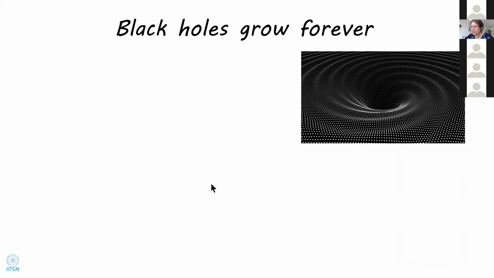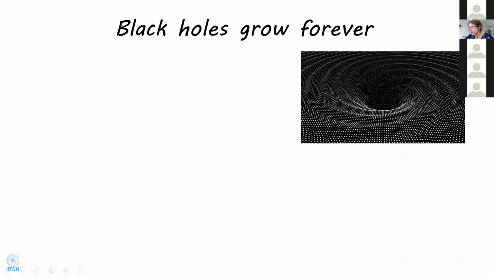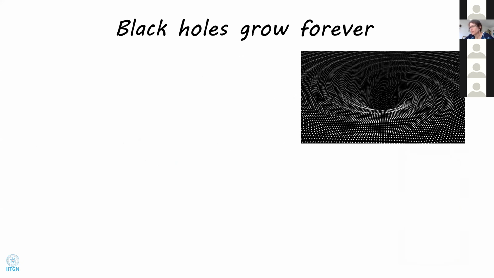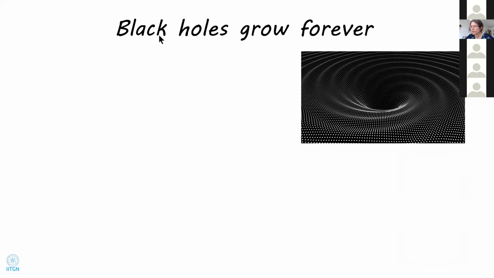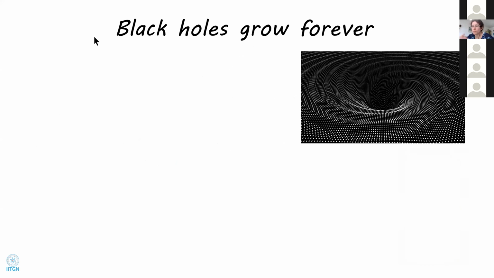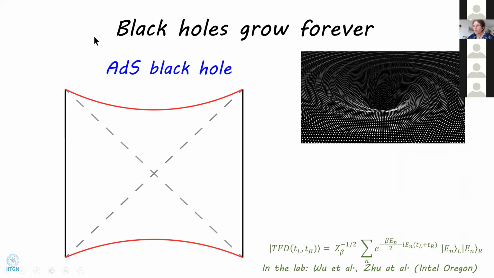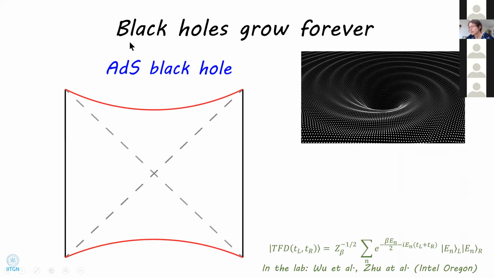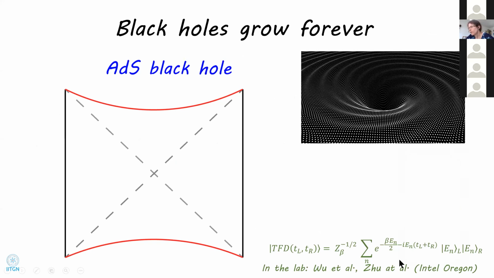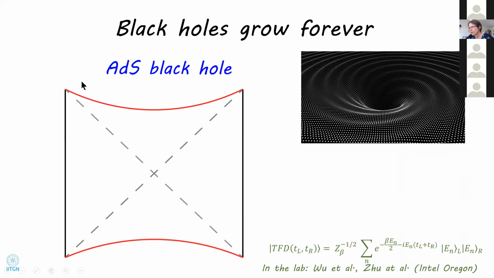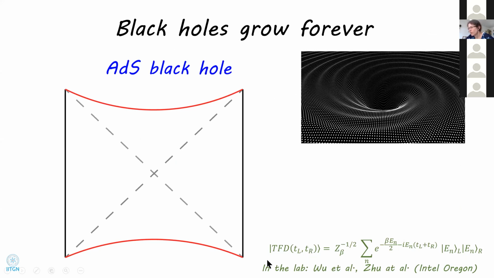All right, so these were the divergences. Now let's use the conjectures to talk about the growth of the volume. So I told you that the whole story started from the puzzle of why the interior of black holes goes on growing forever, and now I'm in a position to tell you exactly what I mean. So if we focus on a setup that we know very well in holography, the eternal AdS black hole, which is dual to the thermofield double state,